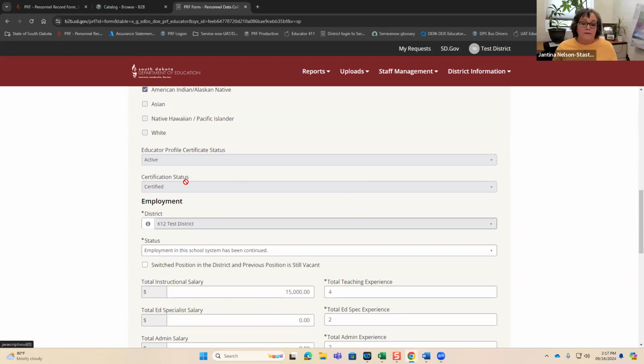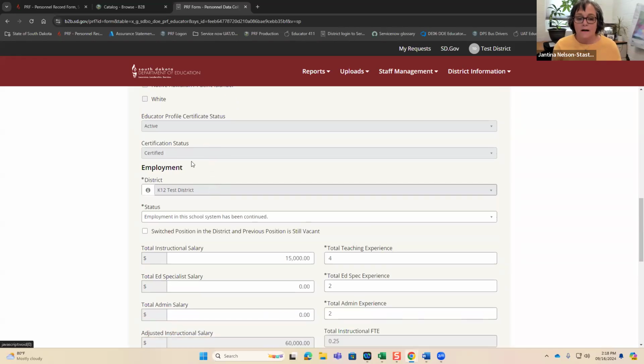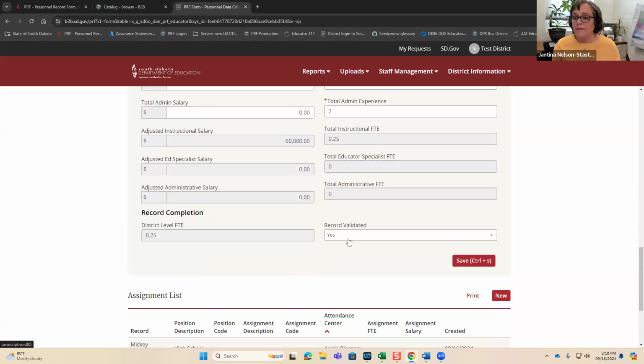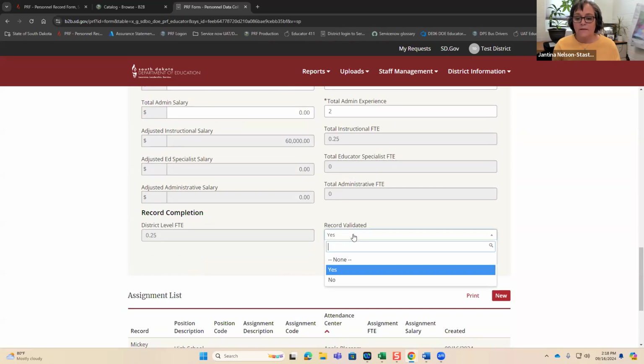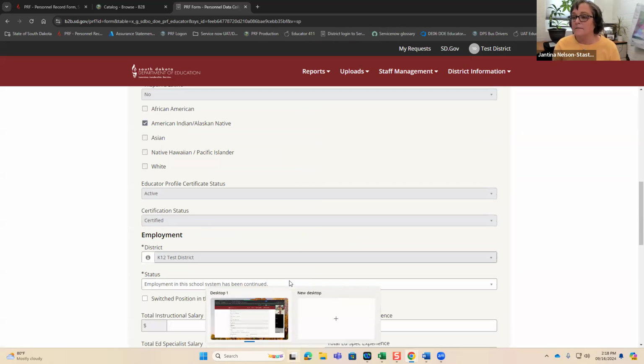So the cert status, when we rolled this data forward, we noticed that some of our fields did not calculate. And we've got a ticket in to recalculate them. It just hasn't run the fixed script yet, but you can force the record to run that fixed script by toggling the yes, no. And that's what I did. It switched that from none to certified.